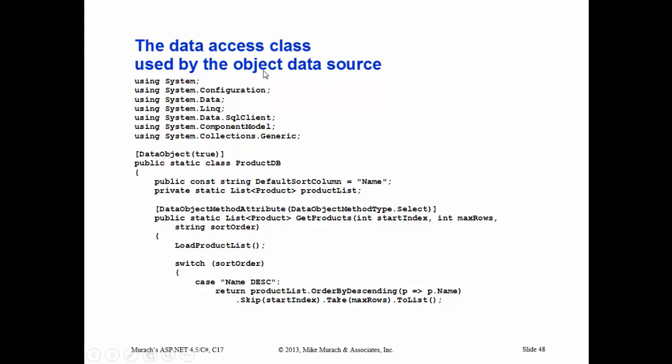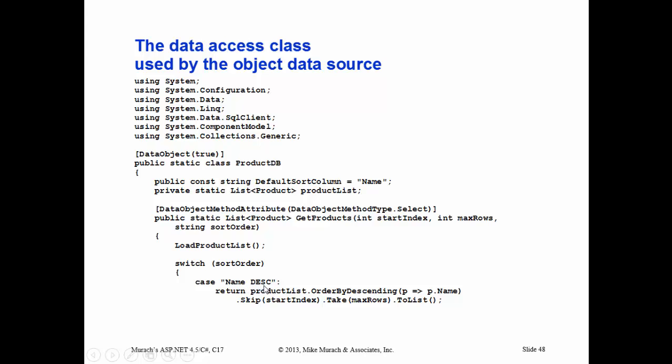And finally, the data access layer used by the object data source. This is the whole data access class, the product DB. We've got the select methods. Now we have the sorting added to it. So we've taken our data access layer and we've added sorting capability to it. So in here we say, hey, given a sort order string that's been passed, we will add to the select statement how we're going to sort. So in this example, we're looking for the variable name, or this is our column name,